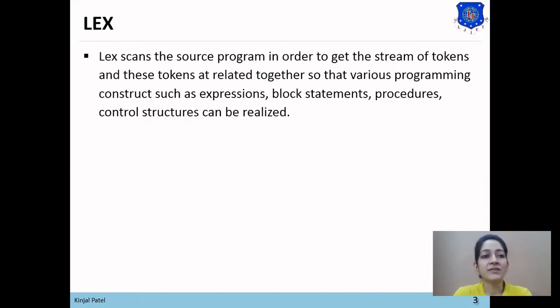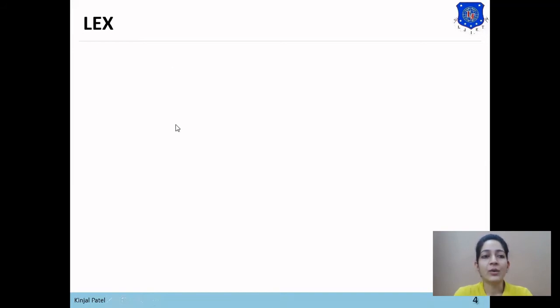So our first phase is the lexical analyzer. The Lex tool is used to generate this first phase, and our second phase is syntax analysis, for which the Yacc compiler is used to generate the parser. These two compilers are bound together with the C compiler to convert the source program into a stream of tokens, and from that stream of tokens to generate the parse tree. We'll see how Lex works and how it converts the program into a sequence of tokens.